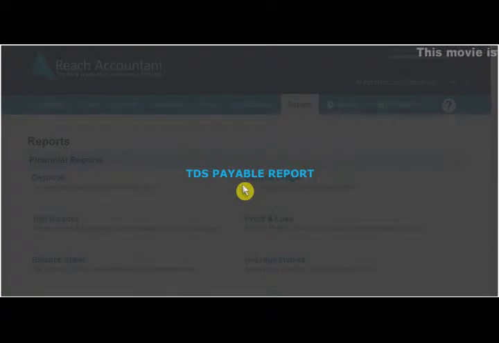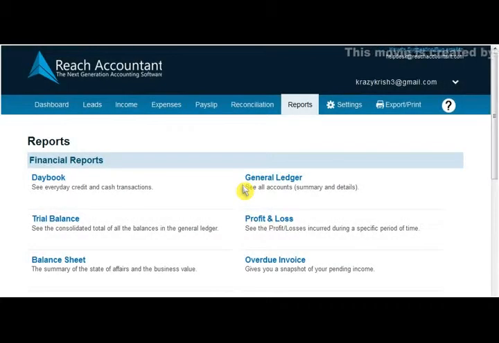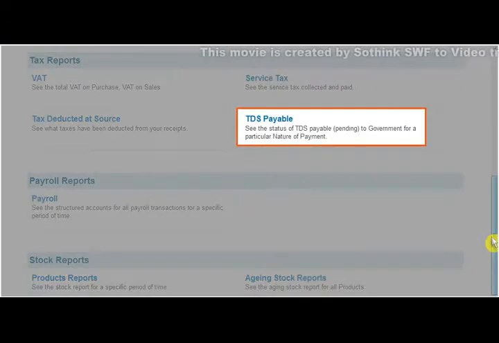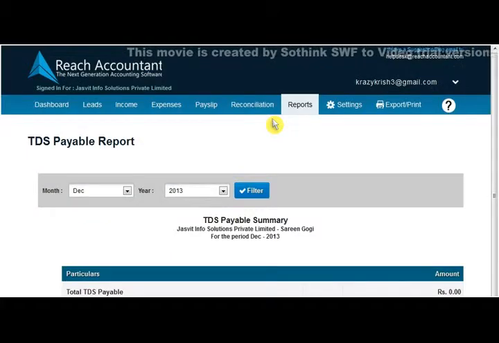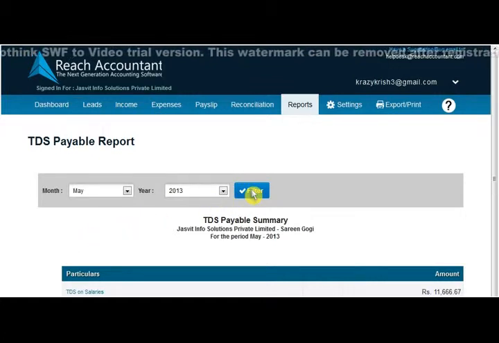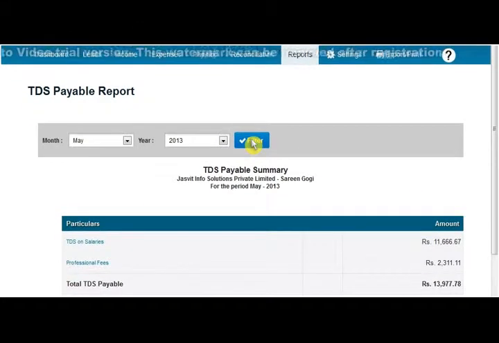Let's see TDS Payable Report. Go to Reports tab and click TDS Payable icon and select the month of the TDS Payable Report needed and then click Filter. The amount of tax payable to Income Tax Department is displayed here.